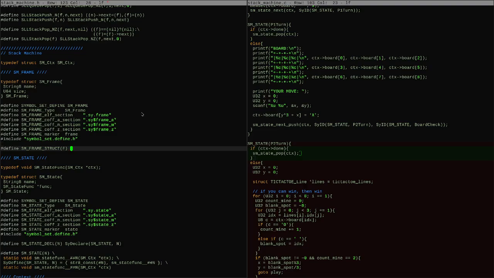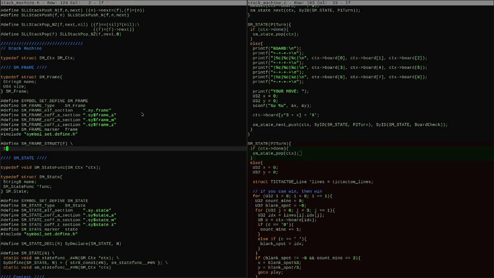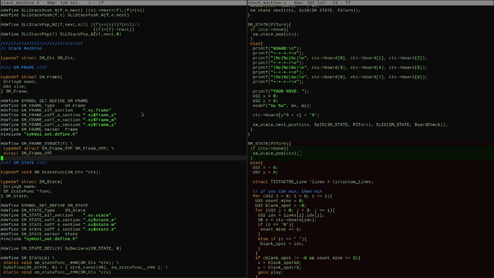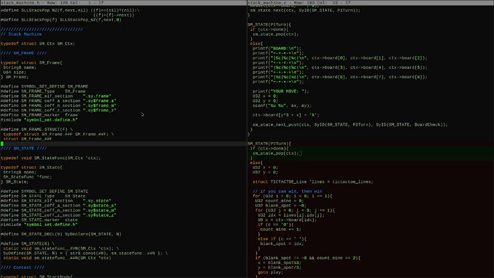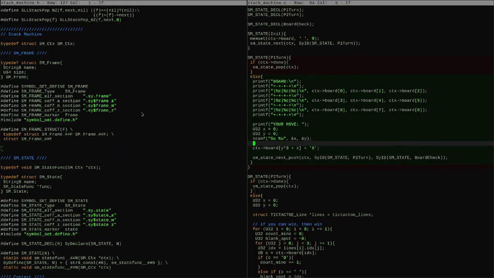And that's different from, okay, so this is like SM frame, paste F is this. So we first typedef it separately, and then we set the struct up and leave it hanging so you can define the rest. So this lets you write something like